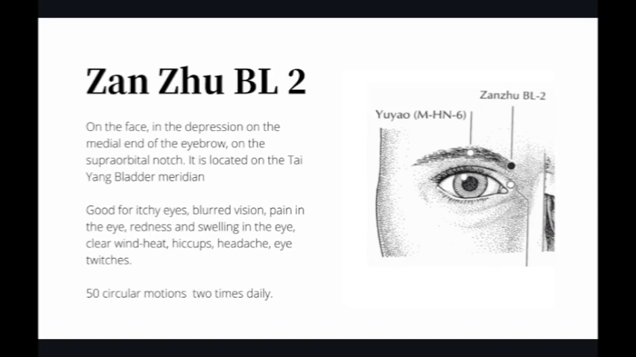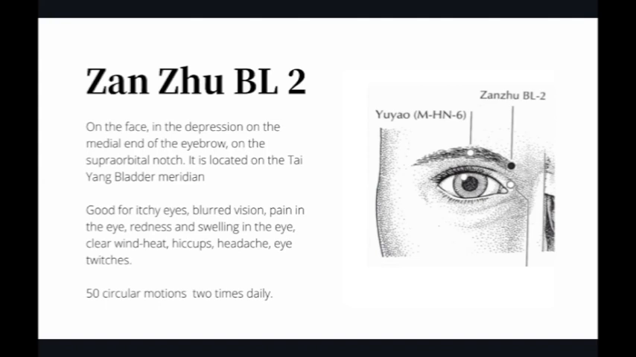So this point is on the bladder meridian, and this is the second point on the bladder meridian. That's why it's called bladder 2. So bladder shorthand is BL, and this one is good for itchy eyes. So hayfever people, beware, this point is very important for you. And it's good for blurry vision and pain in the eye. Some people have pain around here or inside the eye or behind the eyes, and redness and swelling in the eye. And it can clear the wind heat and hiccups because it can regulate our diaphragm, and headache around here,